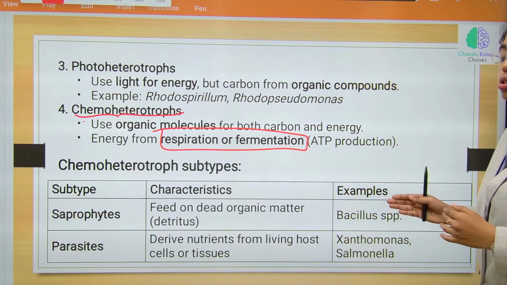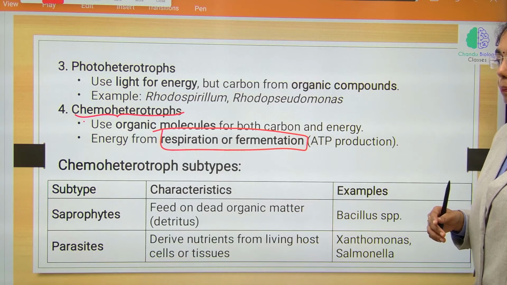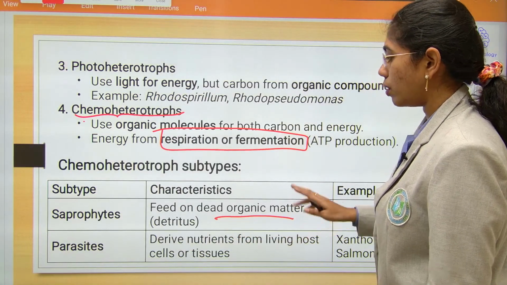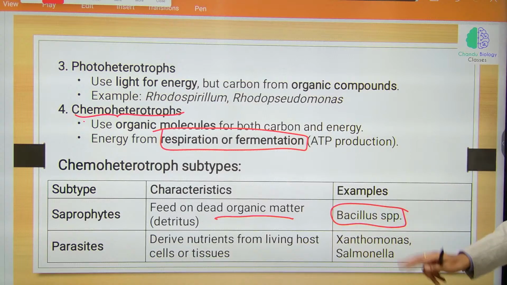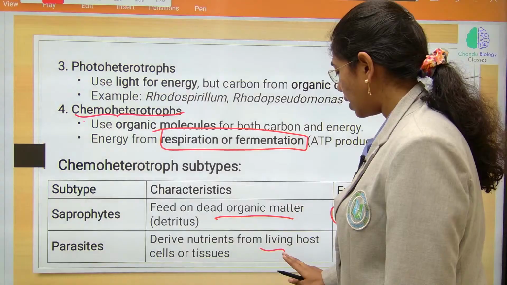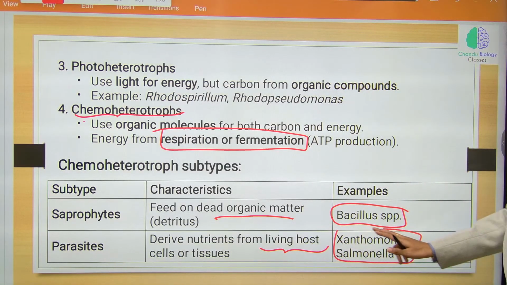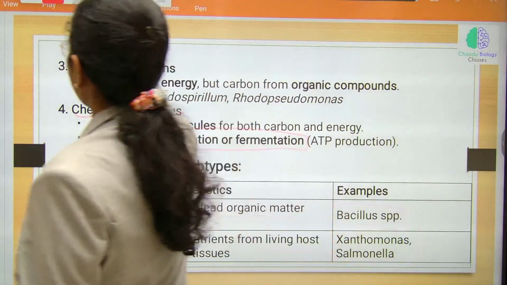Here we also have subtypes in chemoheterotrophs. Subtype saprophytes: it feeds on dead organic matter, that is detritus. Example is Bacillus species. Parasites derive nutrients from living host cells or tissues. Example Xanthomonas or Salmonella. Clear till here? Any doubt anywhere? And then